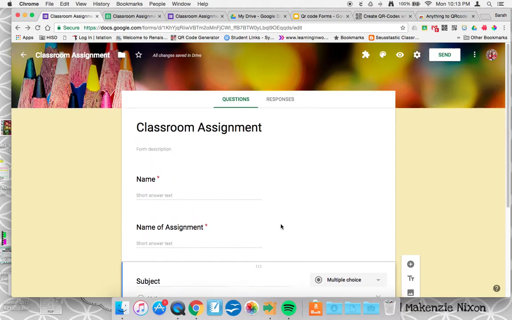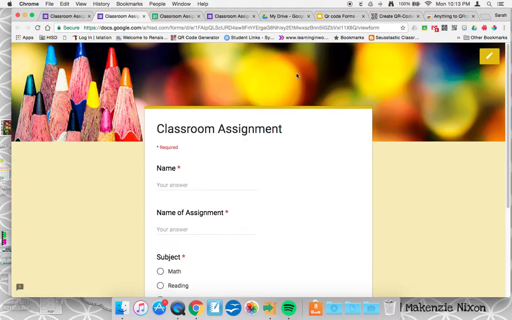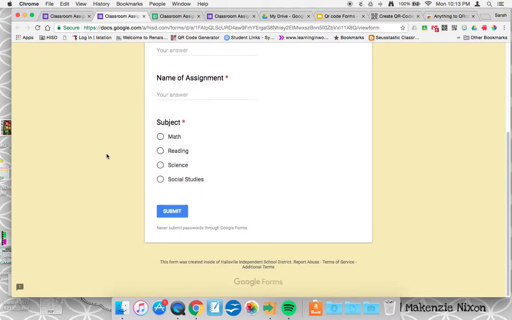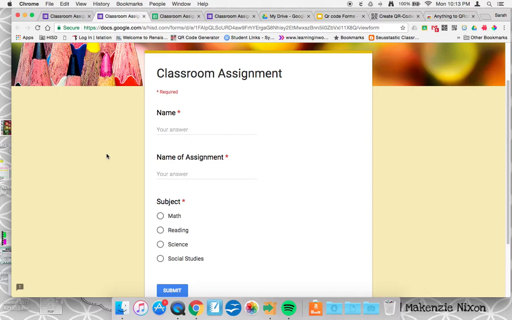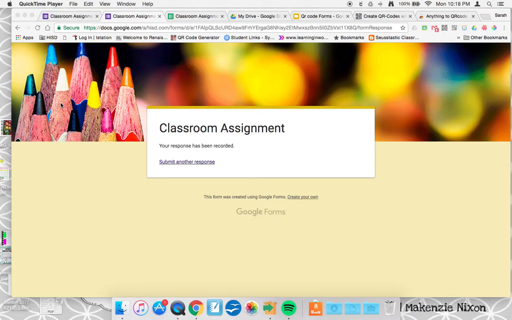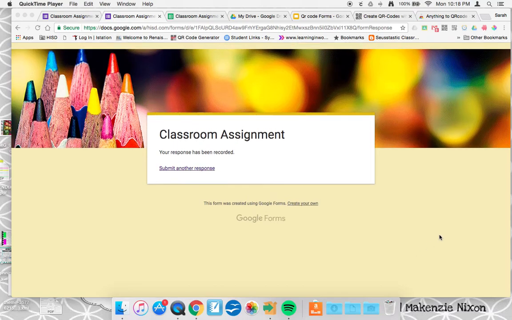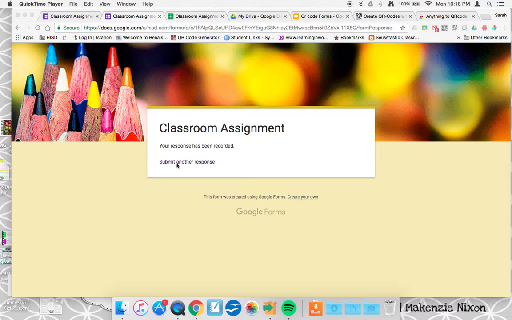Okay. Now I press preview up here, and this is what the form will look like when a child accesses it from the QR code. So if I put Tom, and he is doing a reading log, and it's a reading, I click submit. Okay, so now once they submit a response, you can go to your Google Drive and access the form, or if you're on it, you can submit another response,